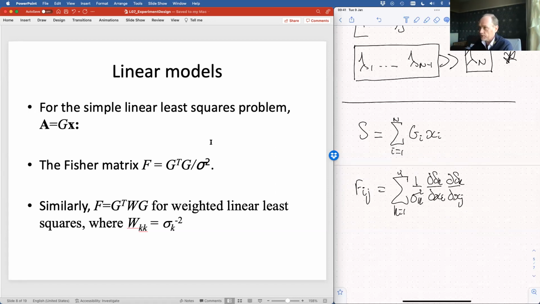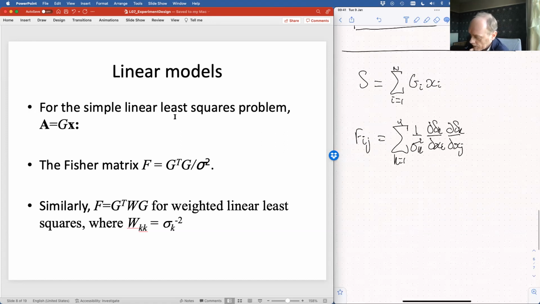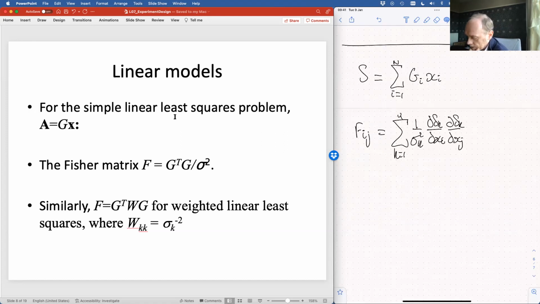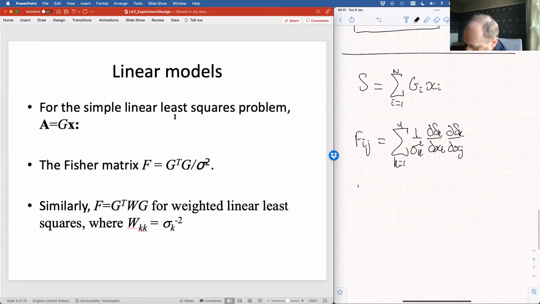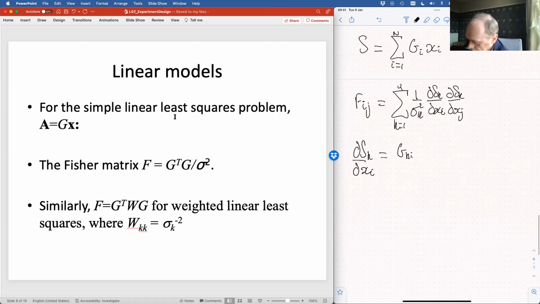elements of the Fisher matrix under the assumption of Gaussian noise, which, if you'll recall, is the assumption of the linear least squares problem, we can then derive expressions for the elements of the Fisher matrix very easily, because of course dS_k by dx_i would simply be G_ki, and so plugging that into the expression for F_ij here, we end up with simply